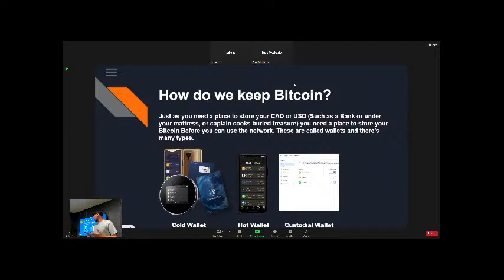And then a custodial wallet, least secure in my opinion. There's lots of great services out there. They all come with pros and cons, but you're trusting someone with the custodial service. So that takes away from that trustless nature of Bitcoin.